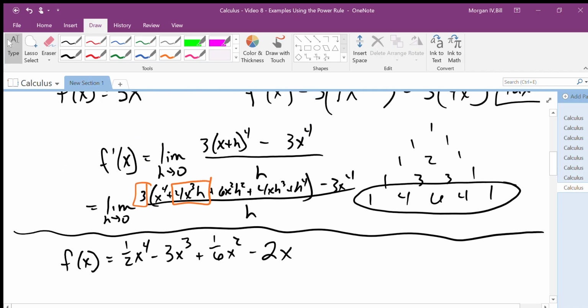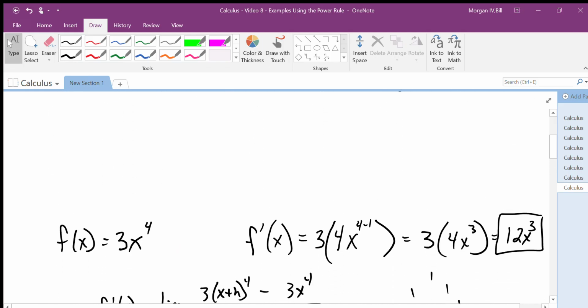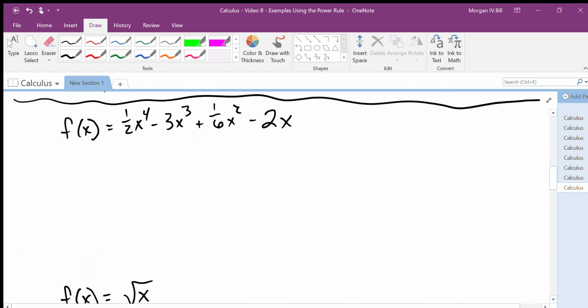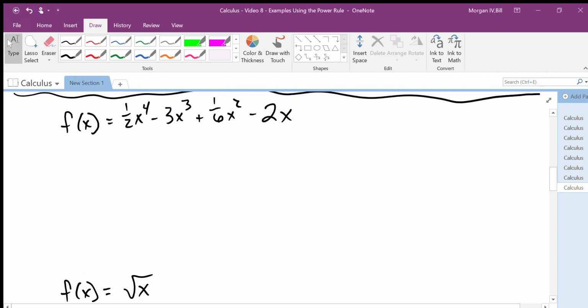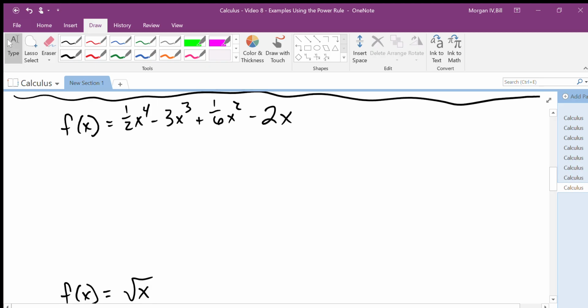Okay. The great thing about the power rule is so far we've only done this with one term, 3x to the fourth or x to the fifth, but it can be done for polynomials that are connected by plus and minus. So basically what we're doing is we're doing power rule in this next case 4 times. We're doing the power rule on 1/2 x to the fourth, the power rule on negative 3x to the third, the power rule on 1/6x squared, and the power rule on negative 2x. And we get